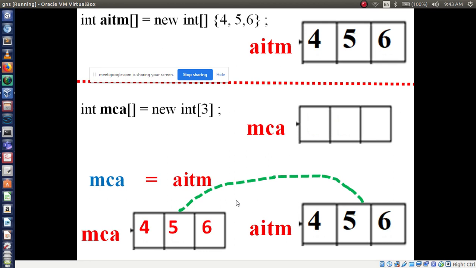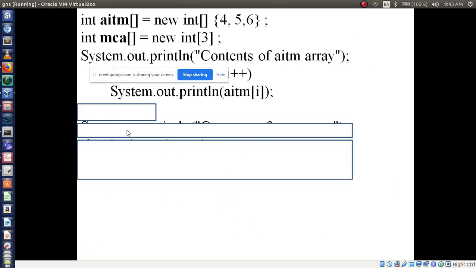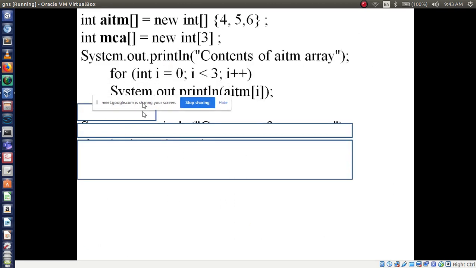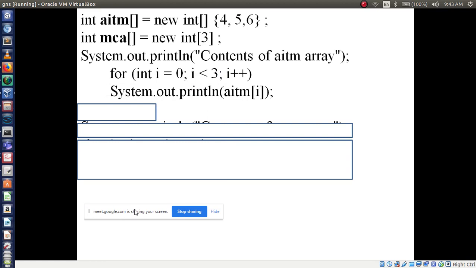Now what are the elements of MCA? You tell me. MCA values are 4, 5, 6. That's it.